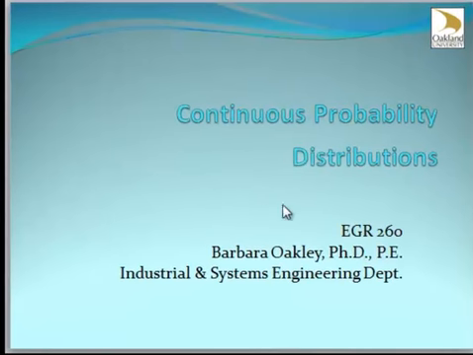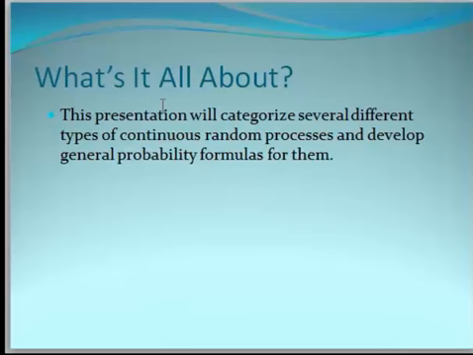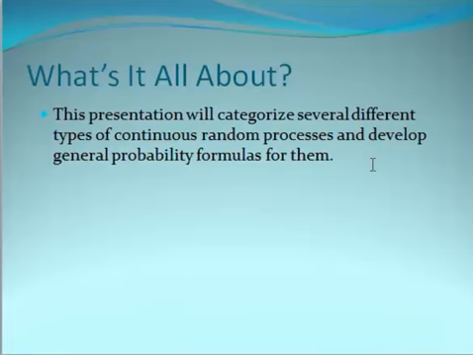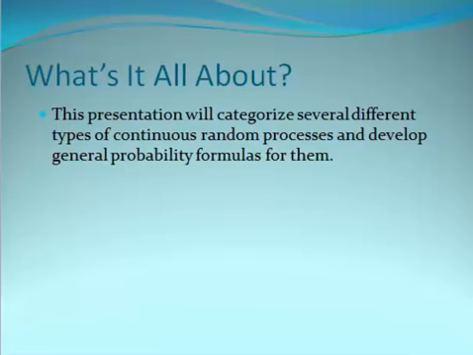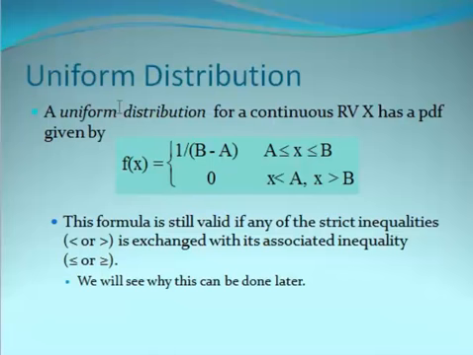Okay, so now we're back to doing continuous probability distributions. What we'll do is categorize several different kinds of continuous random processes and develop some of the probability formulas for them. So the first one is a uniform distribution, and it has a probability density function given by this sort